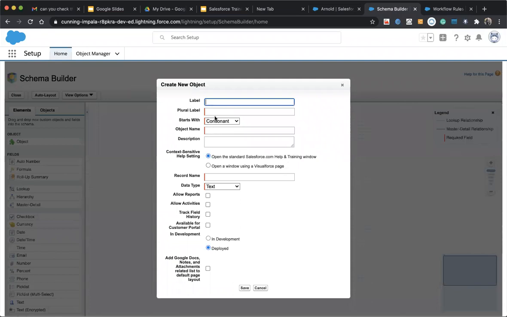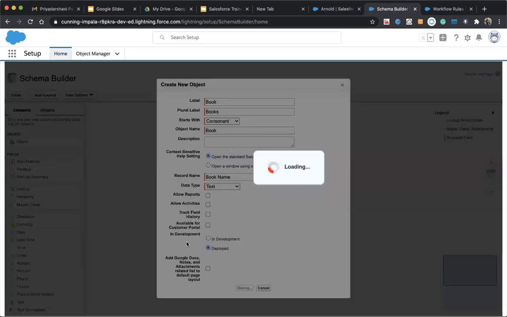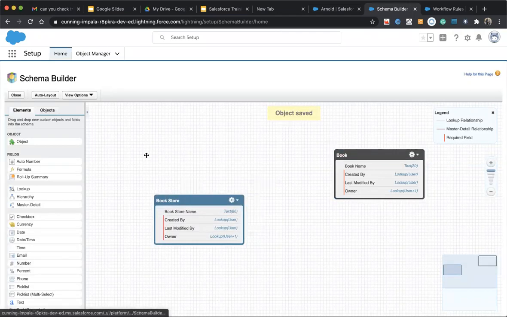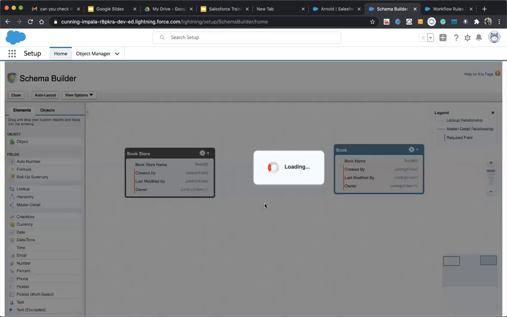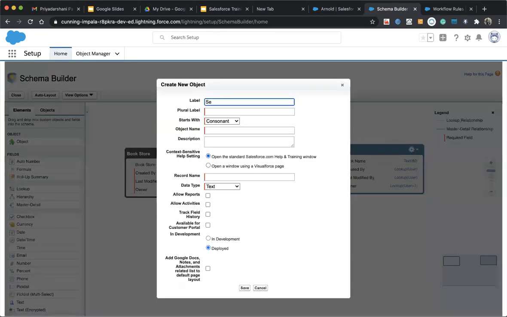I created a book. Book name. I will also create a junction object, that is selling.